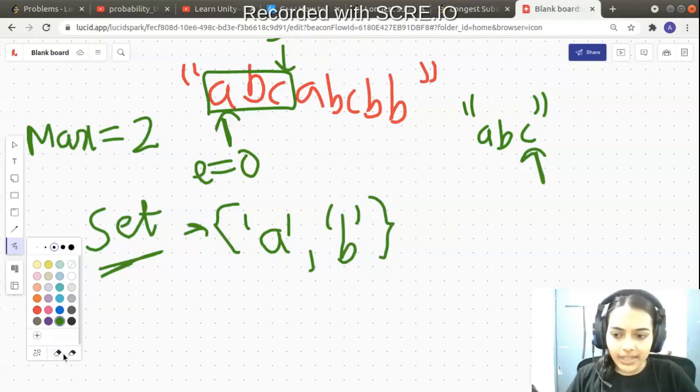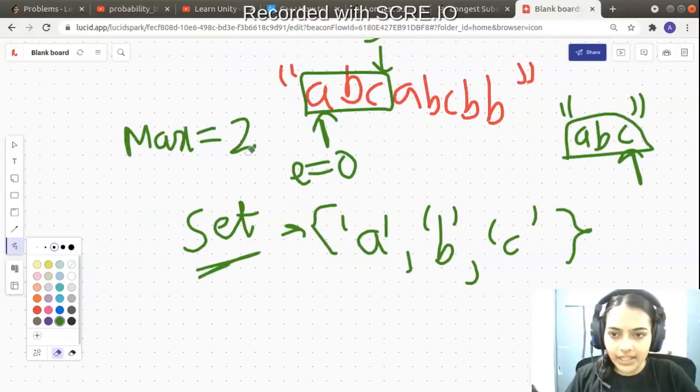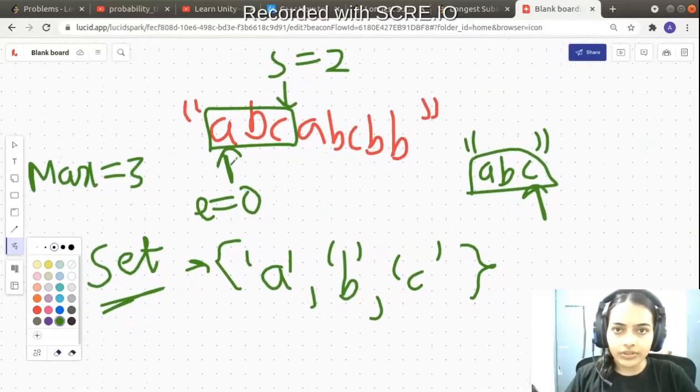So this is the first time I am seeing it, so it will obviously be unique. So I can store it in my set C. And now I see that the substring ABC is a substring consisting of unique characters. It is of length 3, but my max is 2. So I will change my max, and my max will become equivalent to 3 now. Now let me go ahead on my quest.